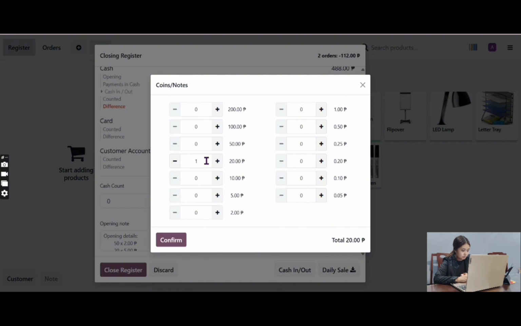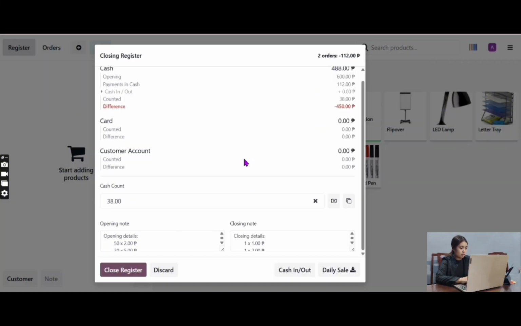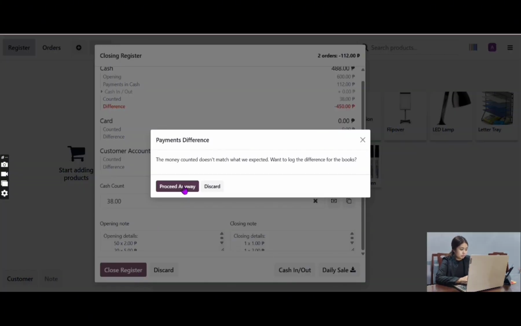Select coins and notes. Close register. Click close register and proceed anyway.